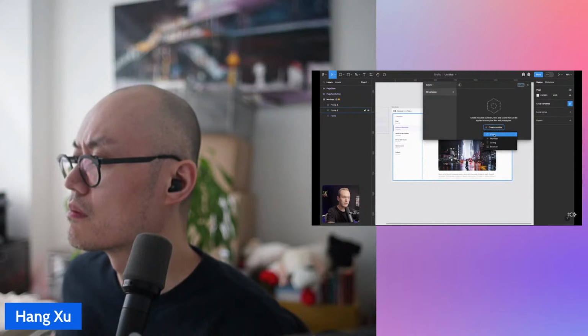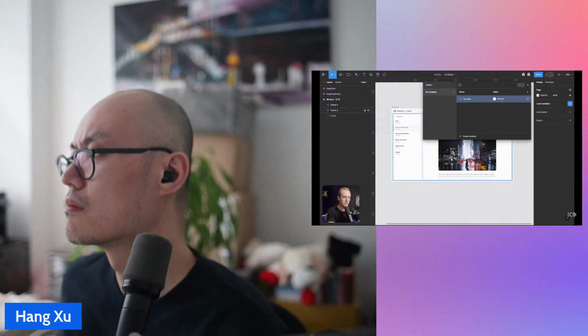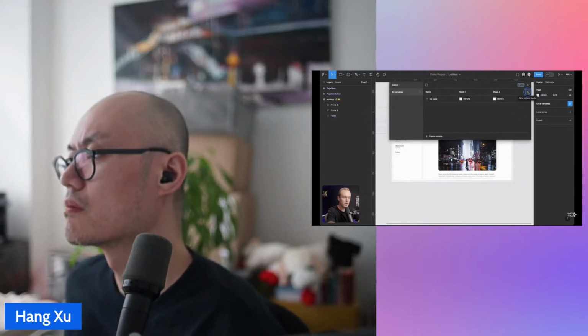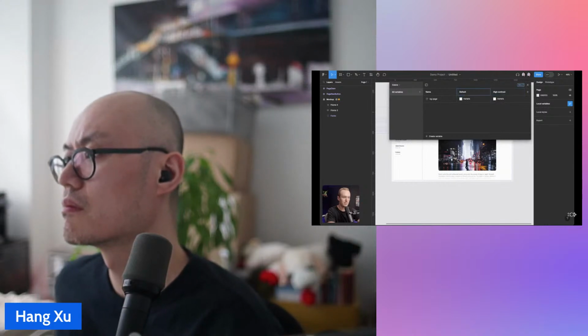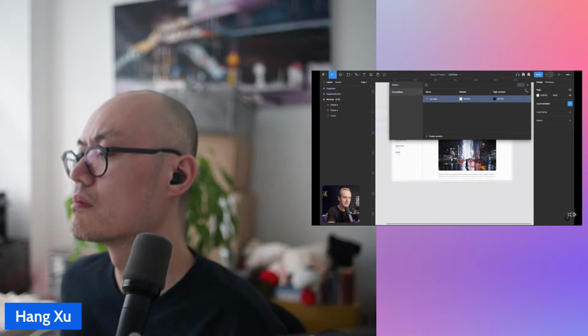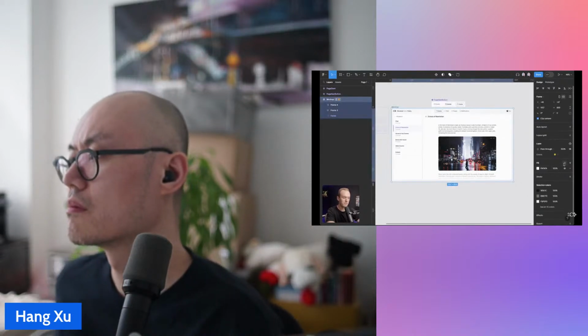For now, I'm going to create this color variable. Let's call this background page. And we already know this is the default. What I need to do is create a second mode, and I'm going to call this high contrast, and this can go ahead and be default. Now I already have a hex code on my clipboard, so I'm going to go ahead and just paste that in there like so. And now that I have that defined, I can go ahead and change my fill and